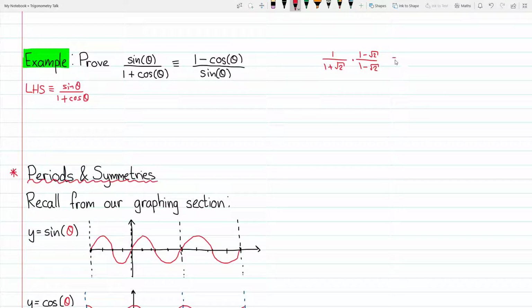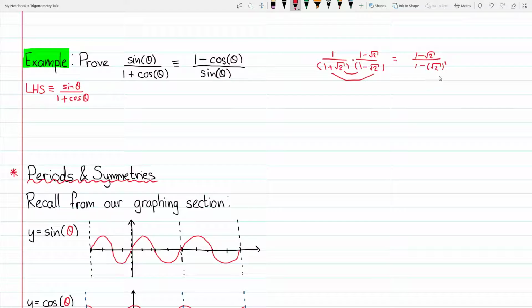But what happens is the top stays the same. So this is just 1 minus the square root of 2, because it's 1 times 1 minus the square root of 2. But the bottom, notice how if we expand this multiplication, we're going to have 1 times 1, which is 1. We're going to have plus the square root of 2, but here we're also going to be minusing the square root of 2. So that cancels,